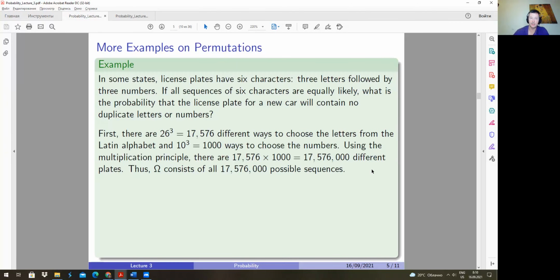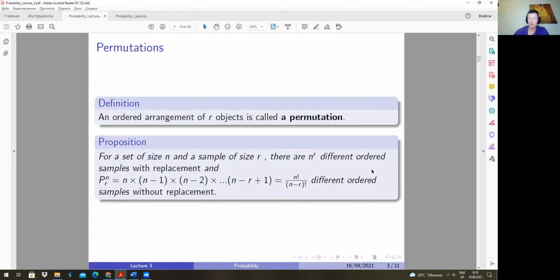That's why when we started speaking about permutations, I said that permutations are ordered arrangements of objects, right? And in this case, we have sampling with replacement, because we can use the same letter several times. I can use A, and this is totally fine. So we have this first